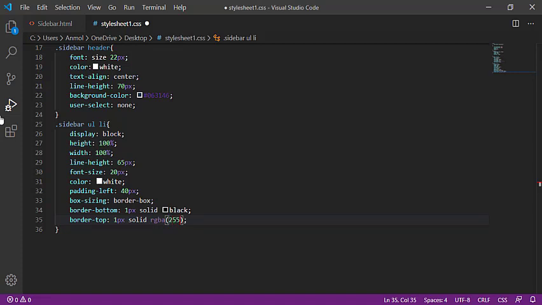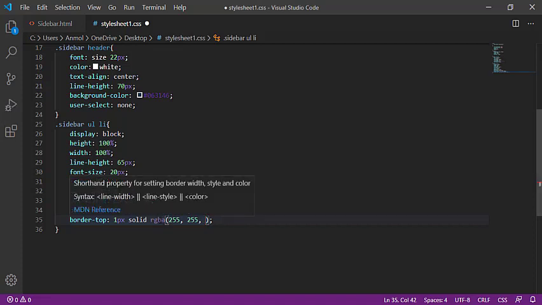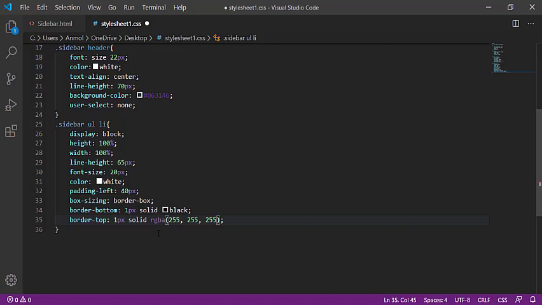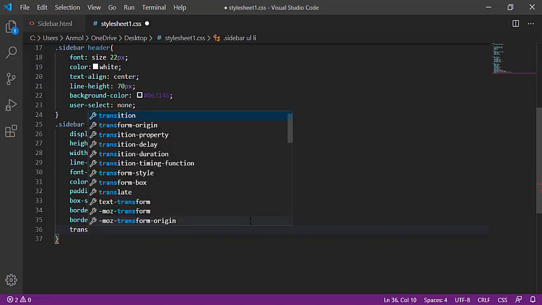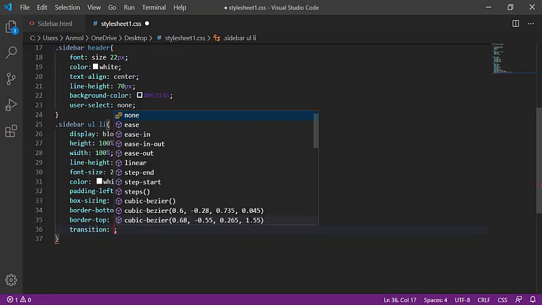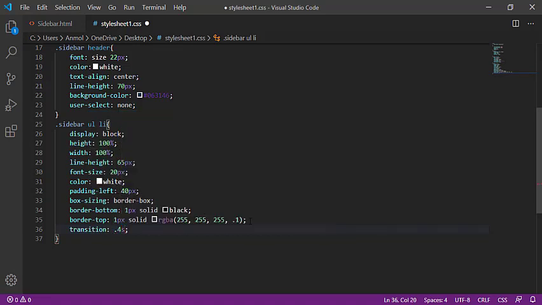Red color value 255, green color value 255, and blue value 255 again. And then the last one, A is for alpha, so I'm giving the alpha 0.1. After this I am giving the transition for the animations, like 0.4 seconds. Save it and run the program.